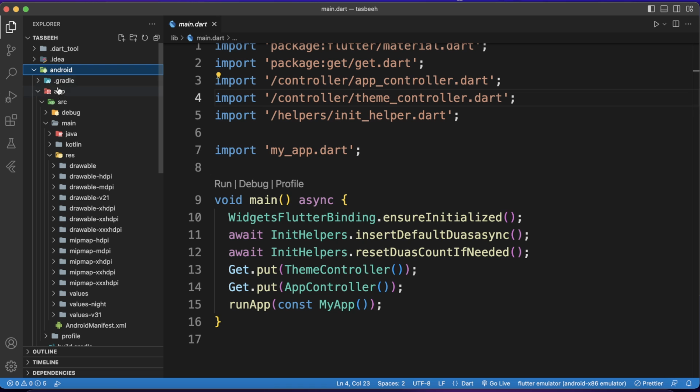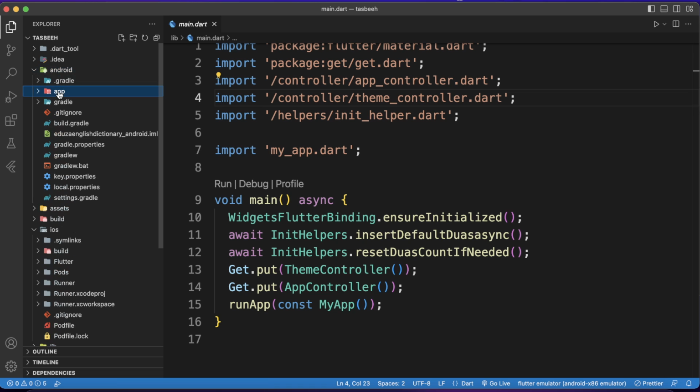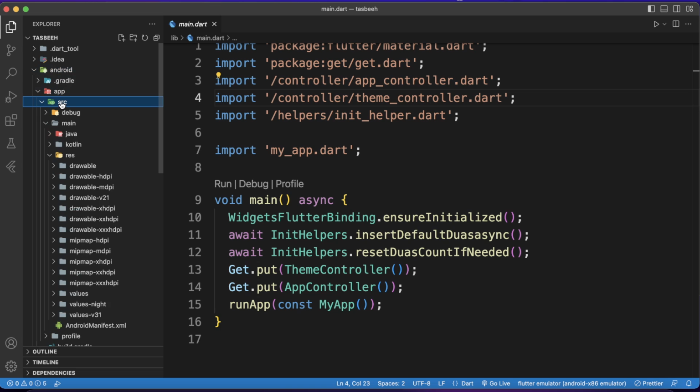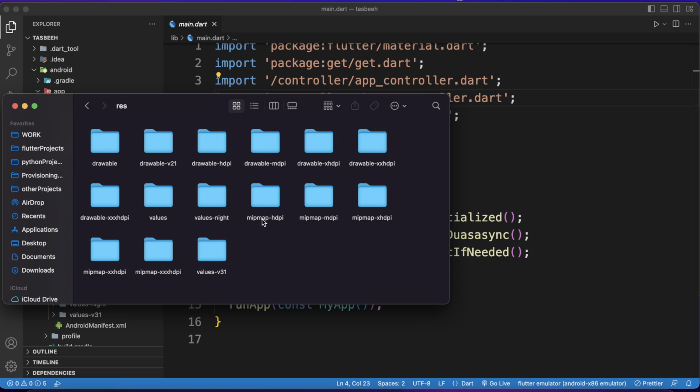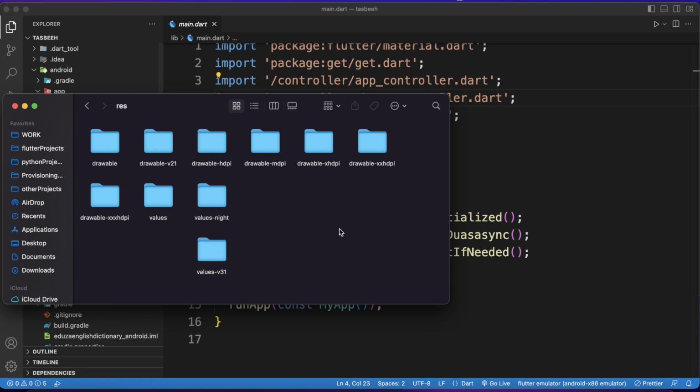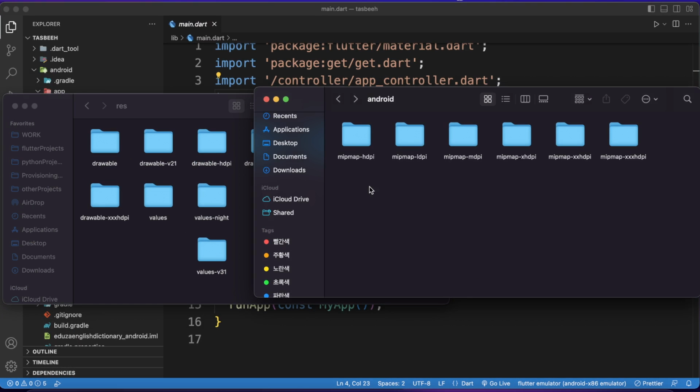So I will open Android, app, source, as you can see here, and then main, and then res. In the res folder, I'll just reveal it in Finder, and as you can see, if I open it, we have folders that start with mipmap. So I'm going to delete all these folders that start with mipmap. I'll delete it, and here, as you can see, there are two of them again. I'll delete it,